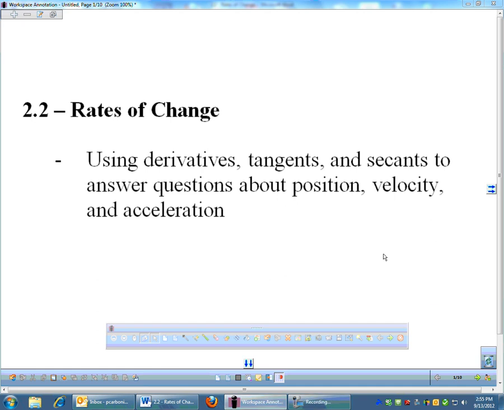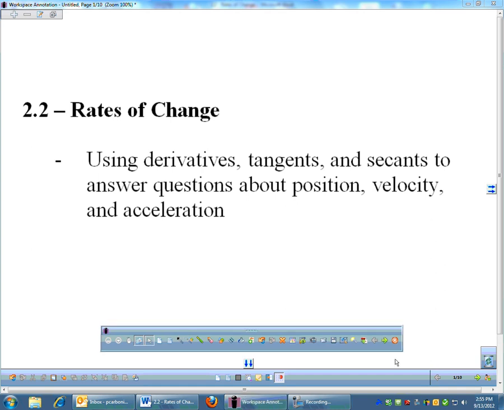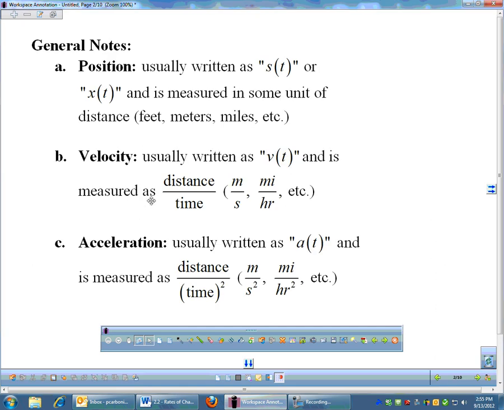Okay, moving on with derivatives. We've talked about the power rule and exponential rule briefly in class, and we're going to use those today with rates of change, which is using derivatives and tangents and secants and stuff to look at position, velocity, and acceleration. This is very applicable in physics, so if you're taking physics, you can use this stuff to answer some of your questions. If your physics teacher will allow it, they may force you to use these crazy formulas,